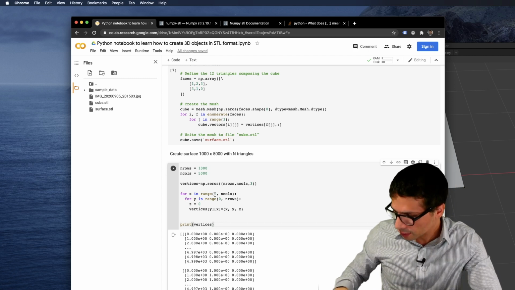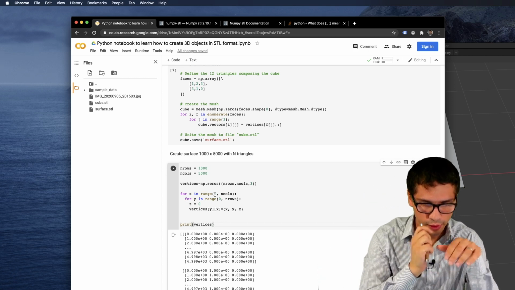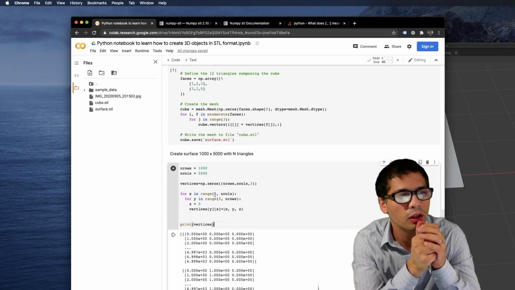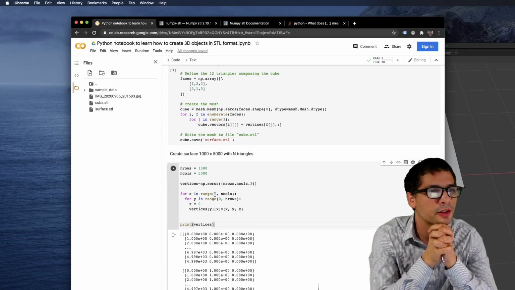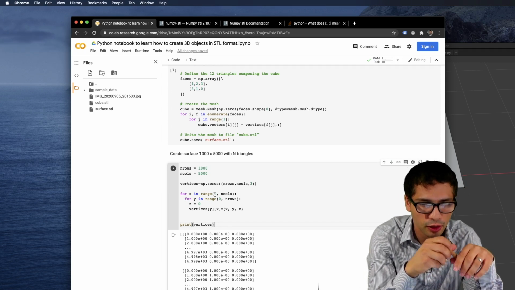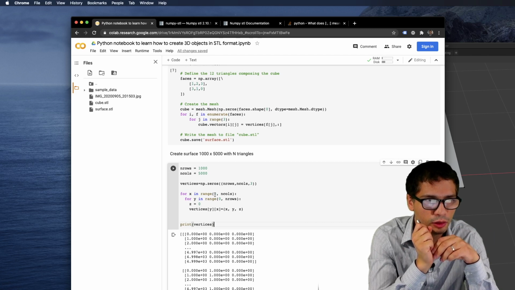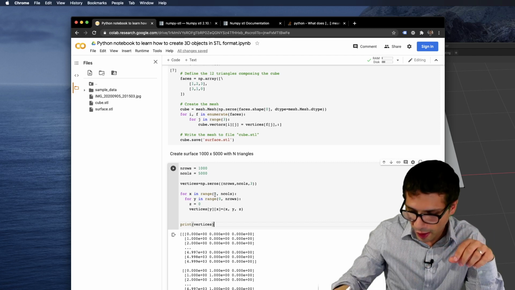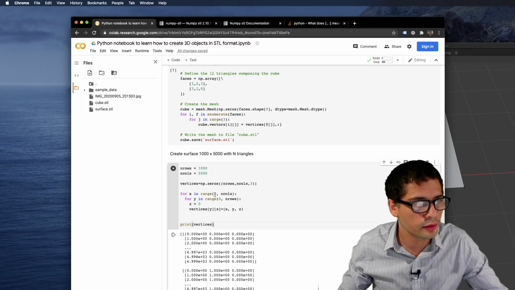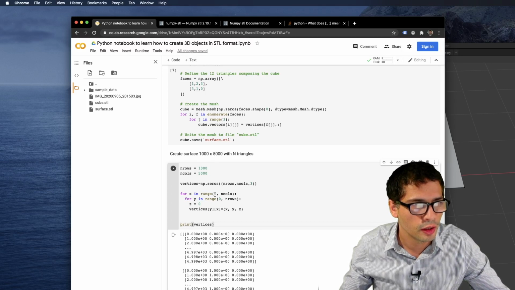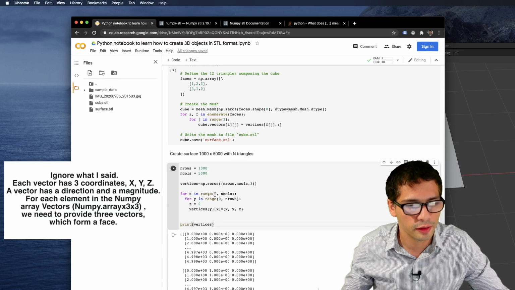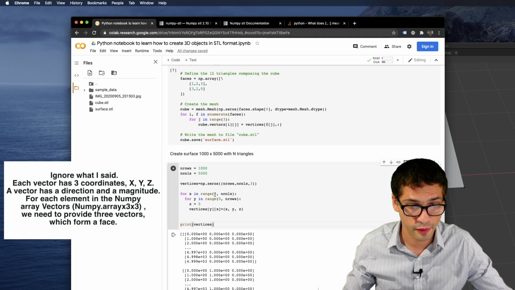Okay, so let's go back to our diagram. It's important to know that our mesh doesn't care about rows and columns, right? The mesh basically just takes in a list of vectors. That's all it is. Each vector has 3 vertices.